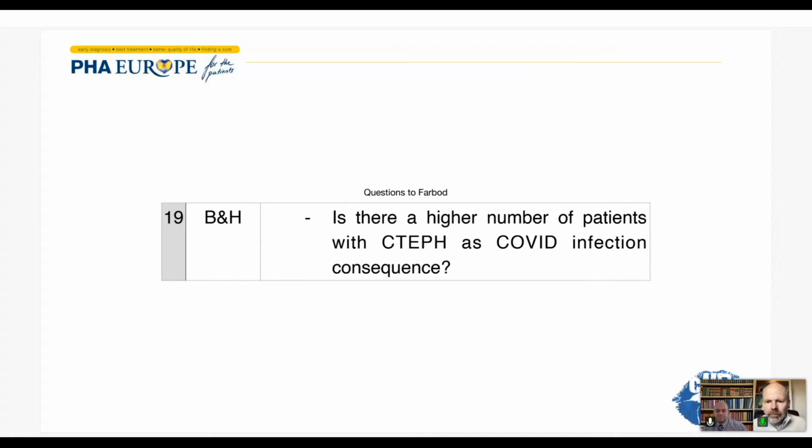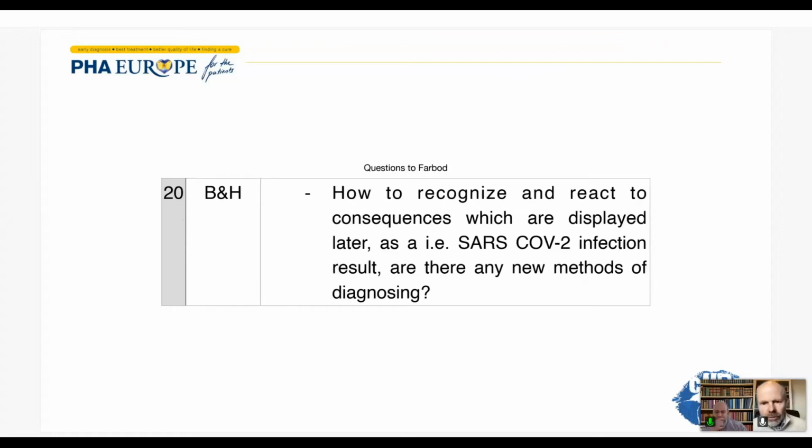Bosnia and Herzegovina, is there a higher number of patients with CTEPH as COVID infection consequences? I guess you answered this partly before. Yes. No, we don't know yet because we don't have the data, but at the same time, it may be that the chronic component is being offset by the fact that we're also looking for clot in patients with COVID early on. Another question from Bosnia and Herzegovina: how to recognize and react to consequences which are displayed later,